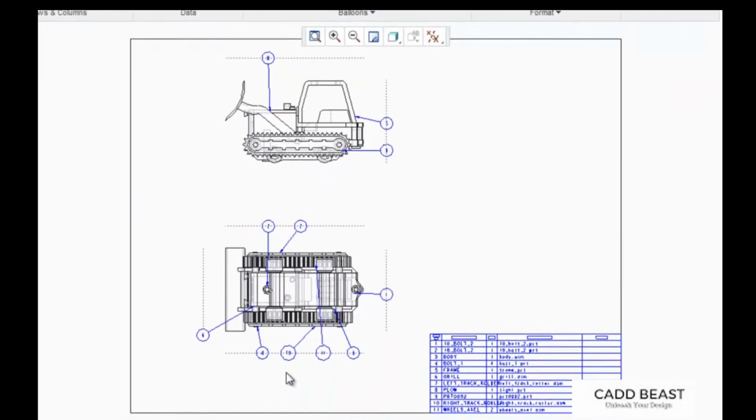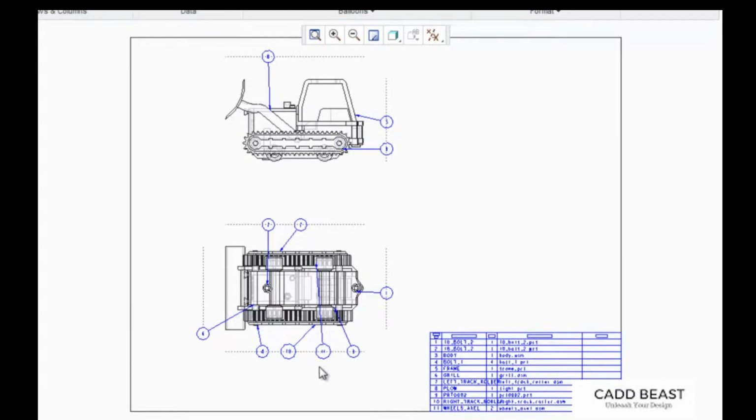Clean Up Balloons does a nice job, but it isn't perfect. Notice how balloon number 11 is going across the entire assembly to this bottom line. I'm just going to highlight it and then move it so that it's on the top line. Another thing to keep in mind when making balloons is that you shouldn't have any of the leaders cross each other. It's typically just bad convention to do so, so try and avoid it. And now I'm just going to get rid of these construction lines. Press delete, and there you have our